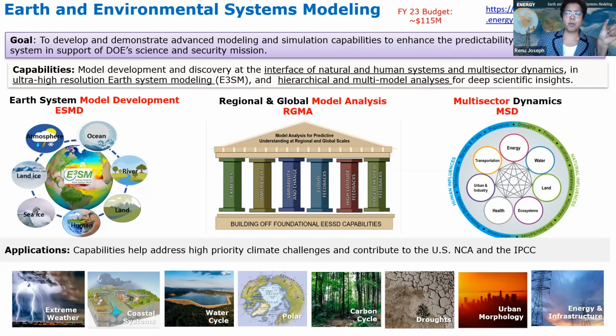So this is a first way of trying to remember acronyms. So ESMD focuses on E3SM. You have the regional and global model analysis, or the RGMA area, that focuses on the analysis of the whole system with models and observations, and multi-sector dynamics looks at the interaction between both. The themes below indicate the different unique capabilities that we bring to the table,